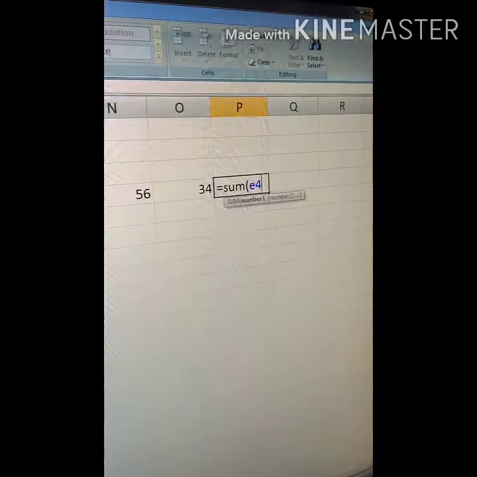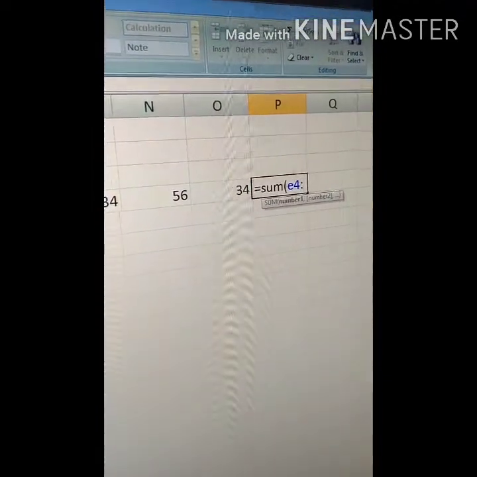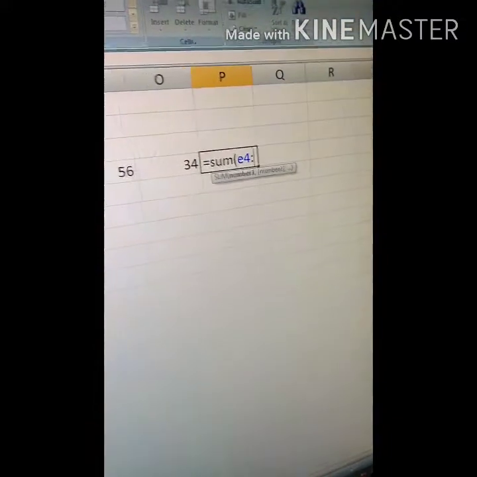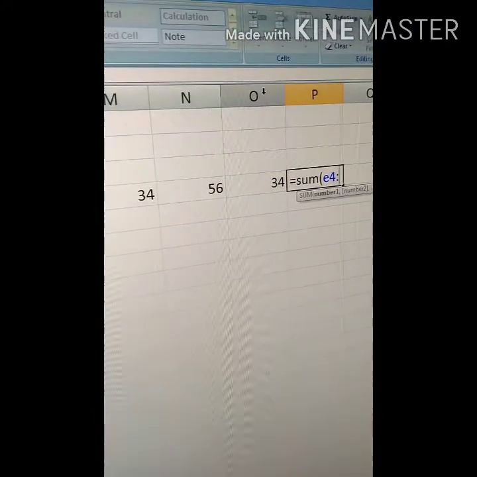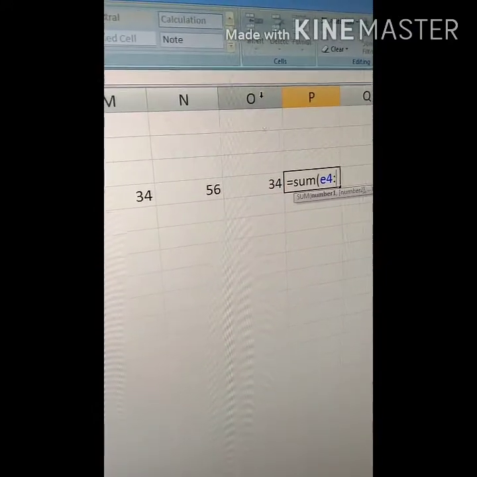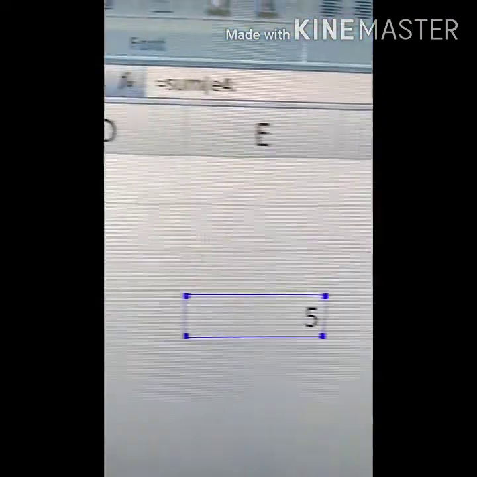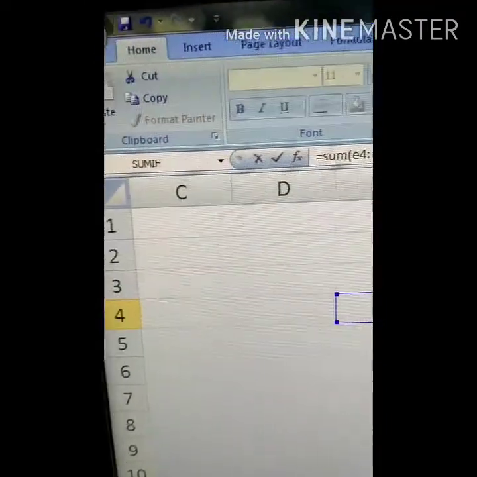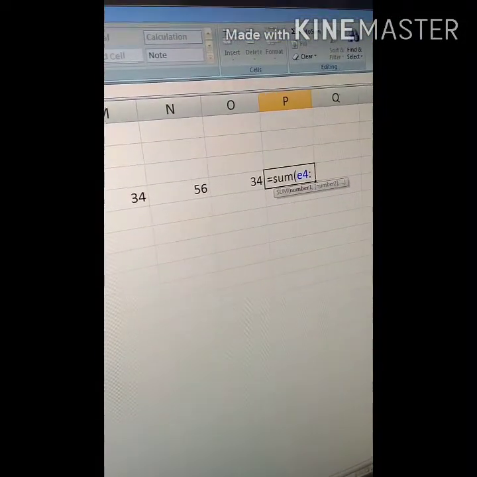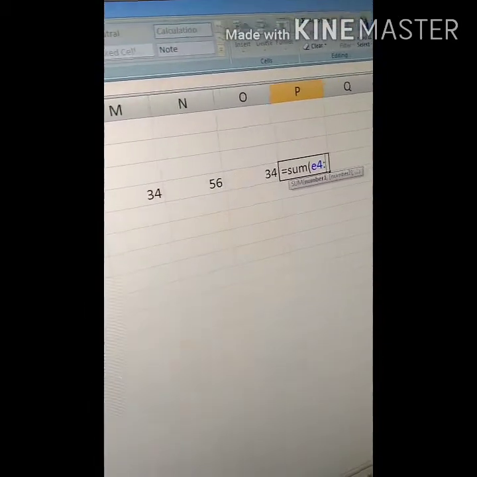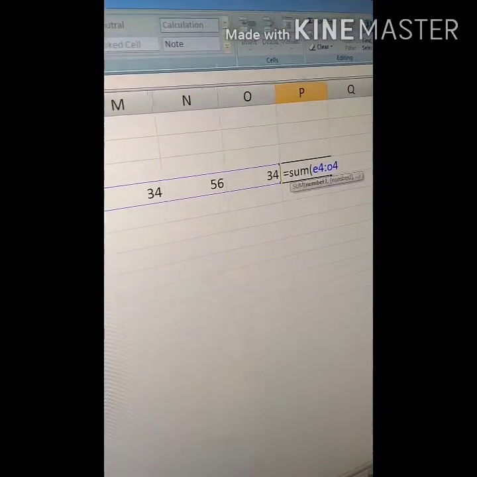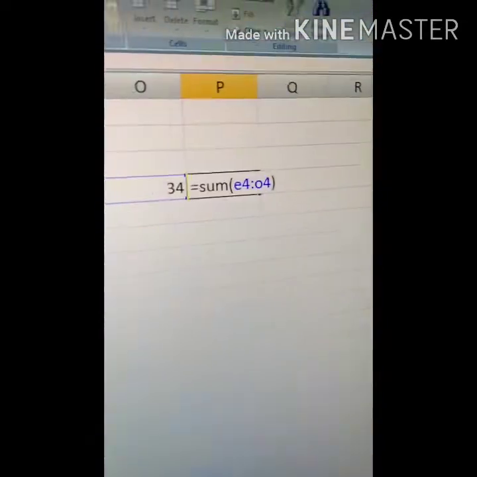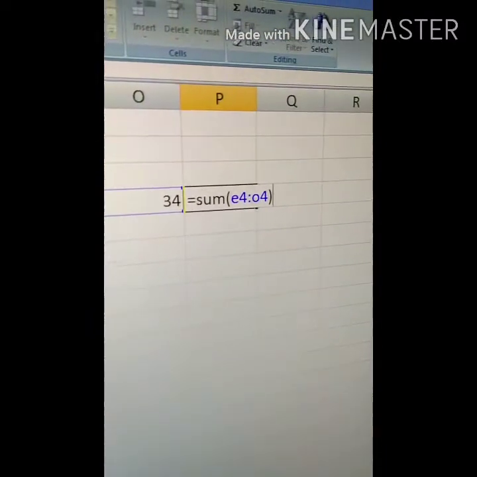Then we have to put a colon, and the last number is 34. 34 is in column O and row 4. Understand this properly. We will write O4. Now close the bracket.